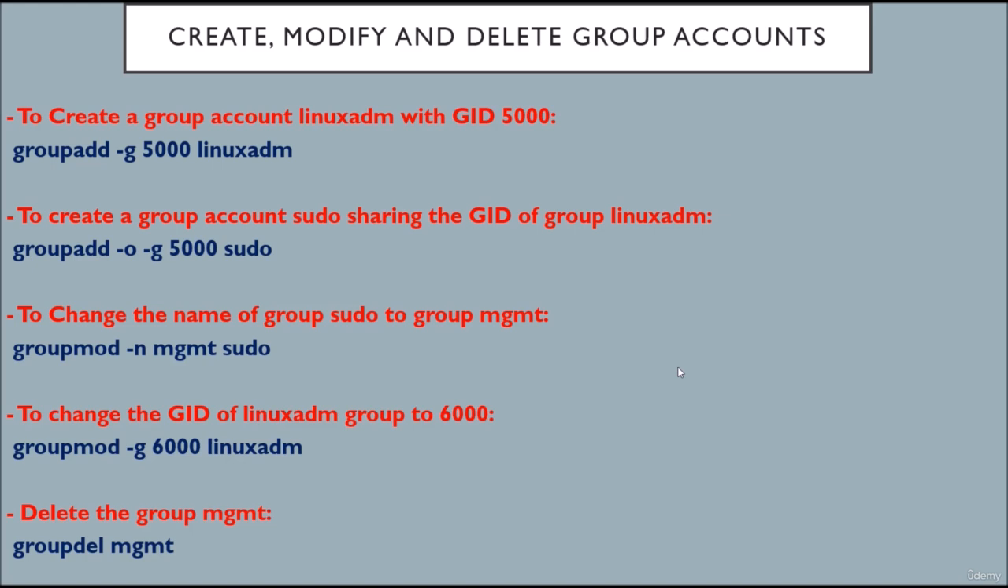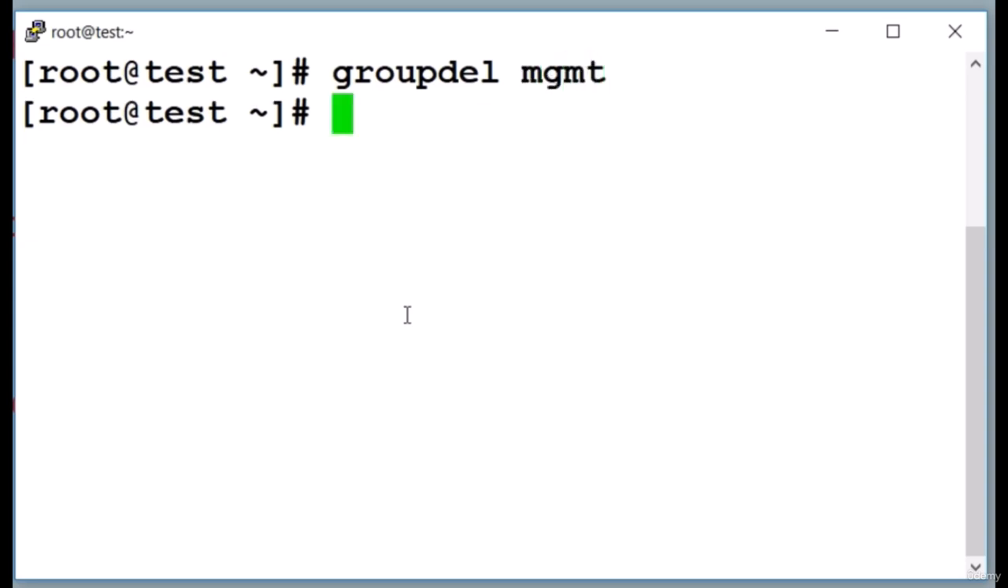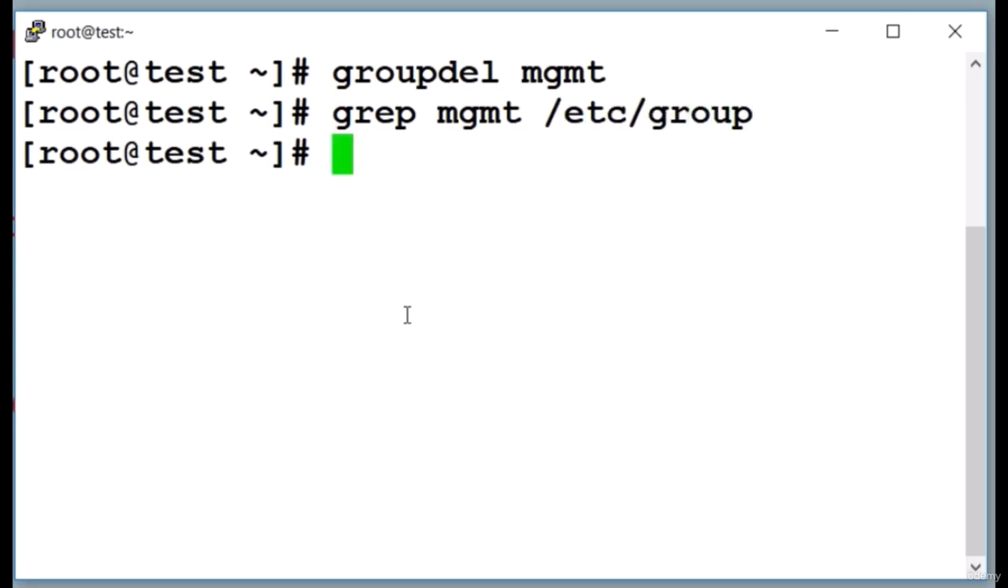Now we will learn how to delete the group mgmt. To do that, we will use the groupdel command. So we'll do groupdel mgmt, press enter key. If you don't get a message, mgmt group is gone. You can double check by running the grep command on mgmt in etc group. Nothing was found, and that's how you can delete the group